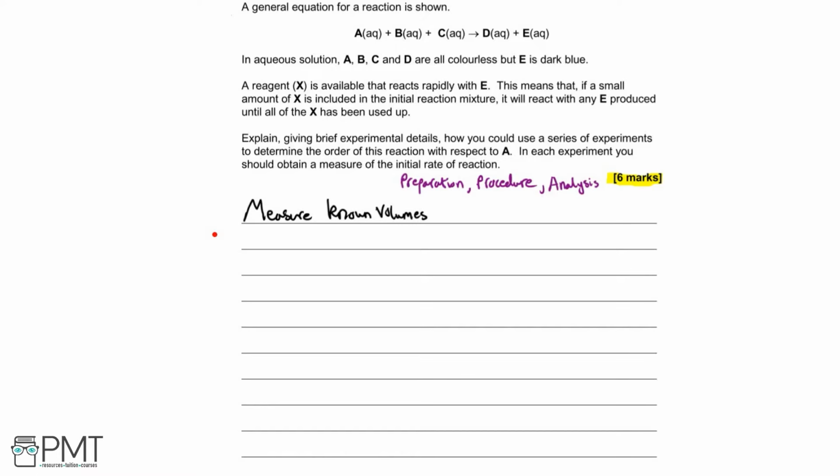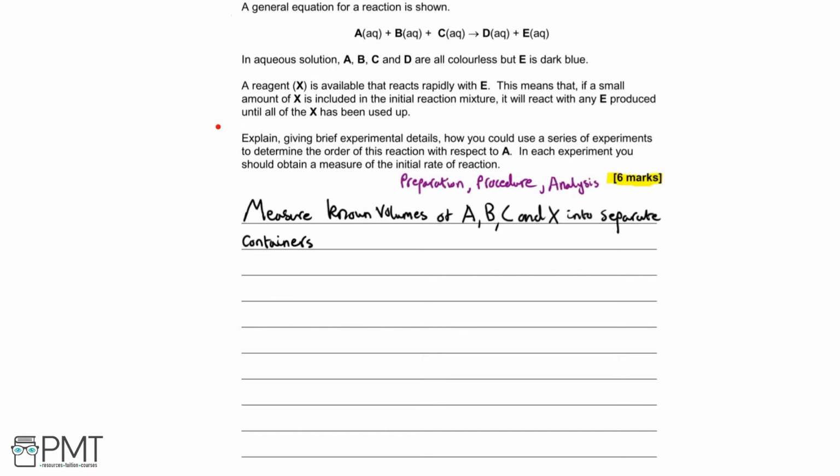We don't necessarily have to state exact numbers here, especially when we have a general equation like this rather than specific compounds, as we're not going to be able to know. There won't be any objectively correct suitable values. So simply known volumes allows us to give that in a general sense, like the equation for the reaction is given. So we measure known volumes of A, B, C, and X into separate containers, and we need to specify that they are in separate containers,